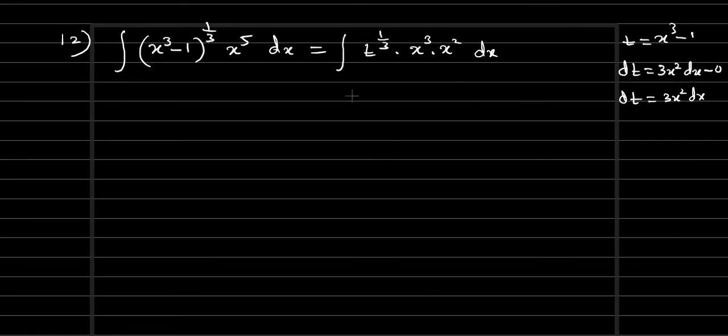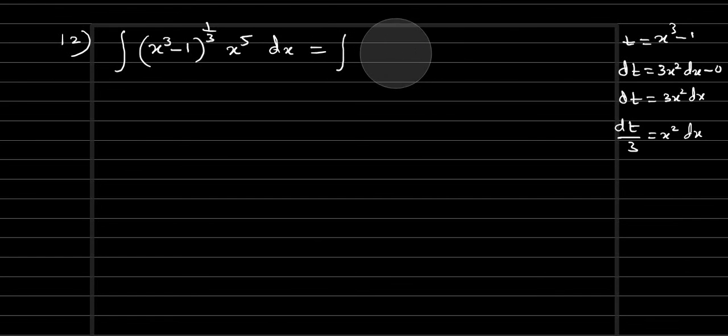And we don't have 3, the product 3 is getting multiplied here, right? So we don't see any 3 here. So this 3 we can send to the other side. Then what happens? dt by 3 equals x square dx. So I'm going to make some small changes. Then we will change it in terms of the t variable.